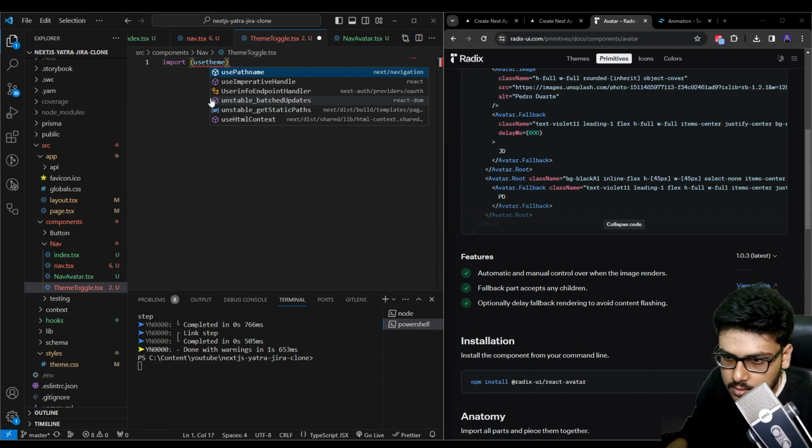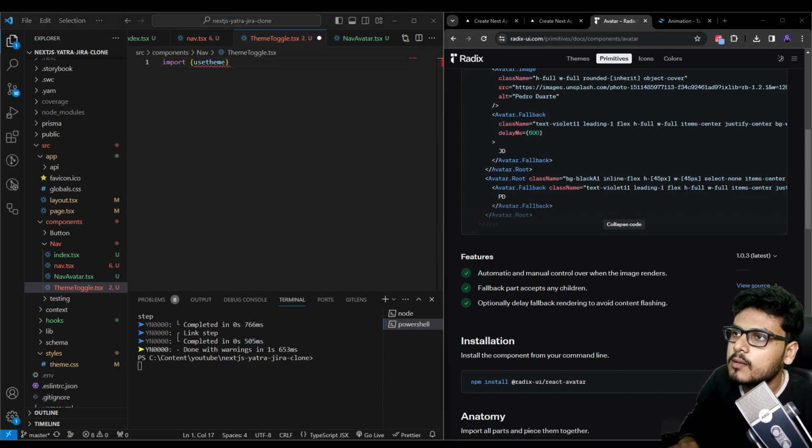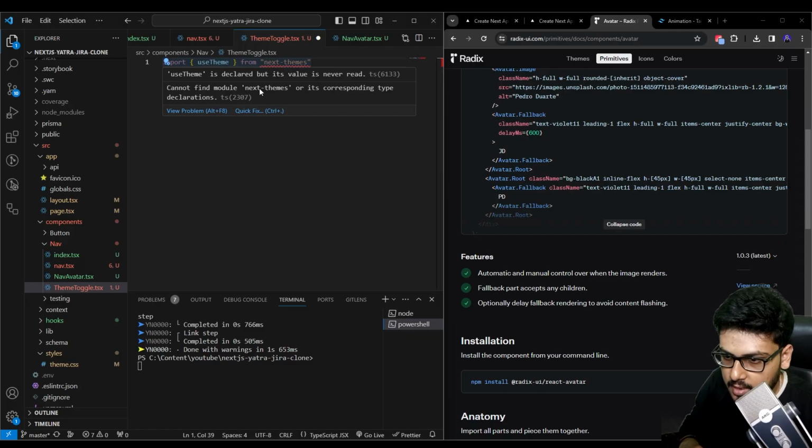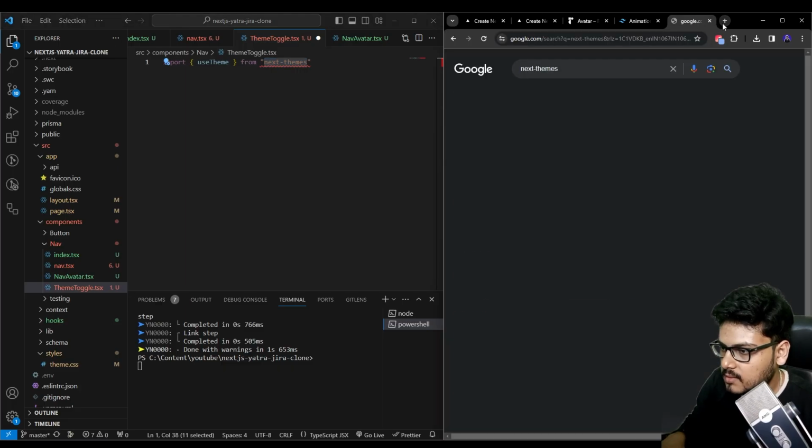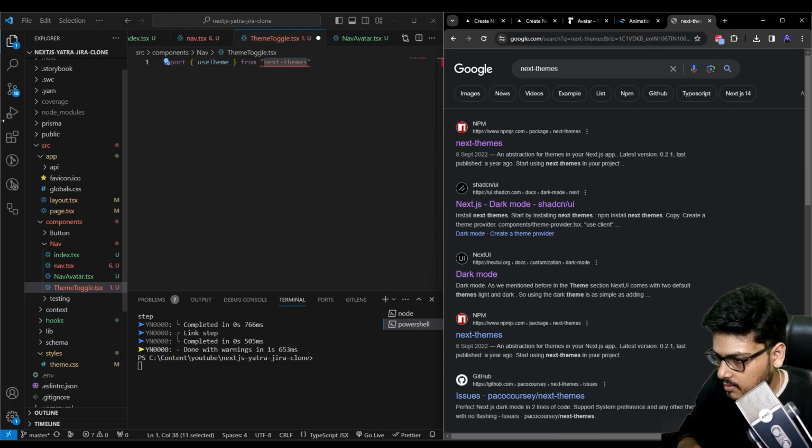Okay, this is not coming. Why is next themes not coming? Wait, let me grab this over here. So it is saying that it cannot find next themes. Yeah, probably because we have to install this. So next themes,